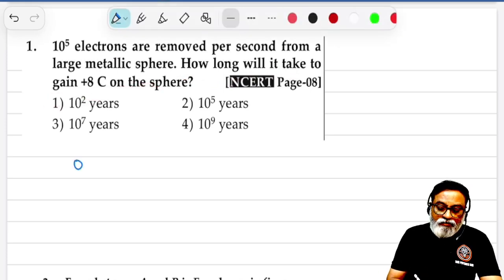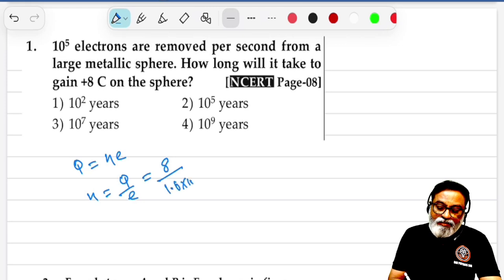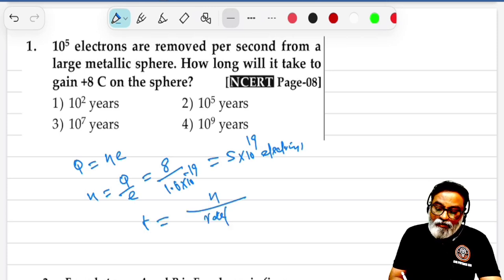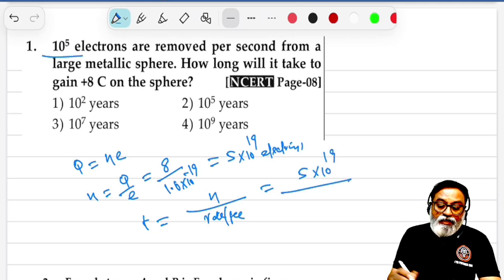See here, charge Q is equal to N into e. N means number of electrons. Charge is 8 coulomb, e becomes 1.6 into 10 to the power of minus 19. This becomes 5 into 10 to the power of 19 electrons. That time is equal to number of electrons by rate per second. Here number of electrons is 5 into 10 to the power of 19, but here 10 to the power of 5